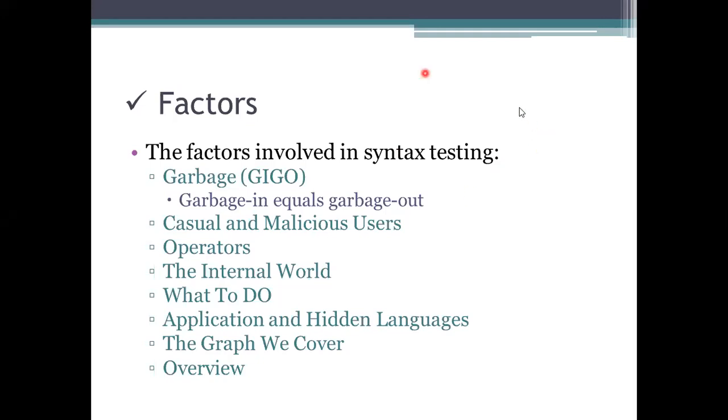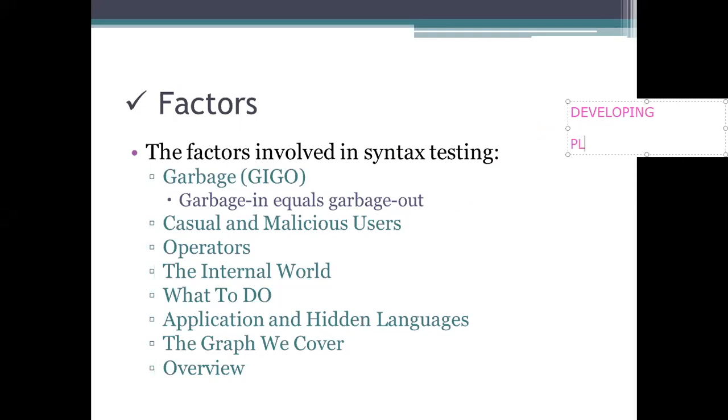Garbage is specified as follows: whenever we are writing a program, meaning developing a program, you should be aware of placing the statements, not only the statements, but also the operators and the variables we are using here.